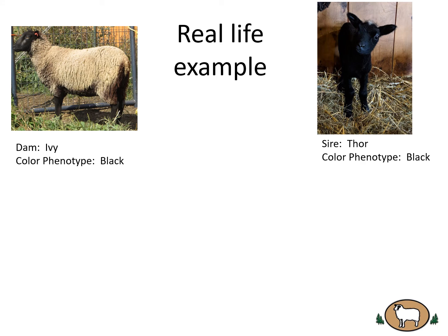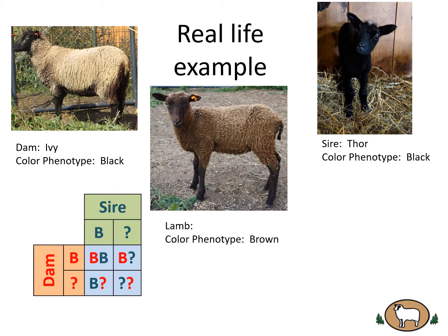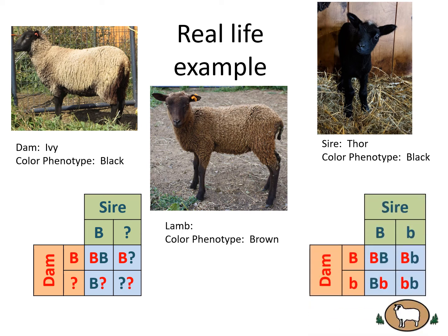And then Thor is the ram we bred her to, and his phenotype is also black. So we've got two sheep that have the black phenotype, but they had a brown lamb. So when you look at this, let's just pretend we didn't know what the dam or the sire carried. We knew that we were going to have a 75% chance of getting a black-based lamb. But because we got a brown-based lamb, now what we know from the sire and the dam, what we've learned